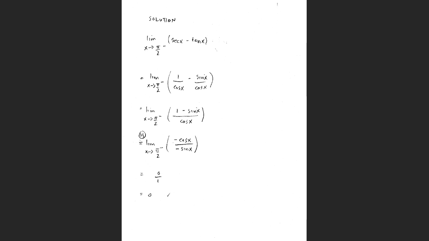So we have to rewrite that function, or rewrite those functions, and look, the secant is 1 over the cosine, the tangent is sine over cosine. Why don't I just combine those fractions? Okay, I'll combine those fractions, and now